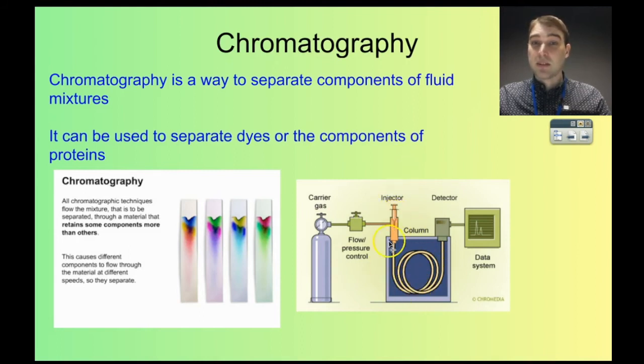You inject your sample in, and more sticky substances, so depending on what the column is, it could be a polar or a non-polar column, but that's another discussion. The substance sticks to the inside. So if it's very sticky, it will take a lot longer to get through and come to the detector. If it's not very sticky, then it passes straight through. And what you get as your feed out is essentially how long it takes for the substance to pass through. And again, that's another way of separating out the mixtures. And then the separated mixtures can then go, like I said, to mass spectrometry to be determined